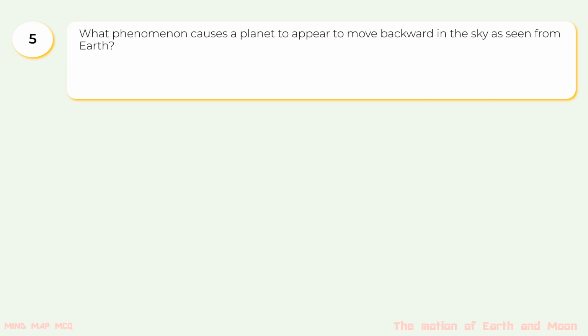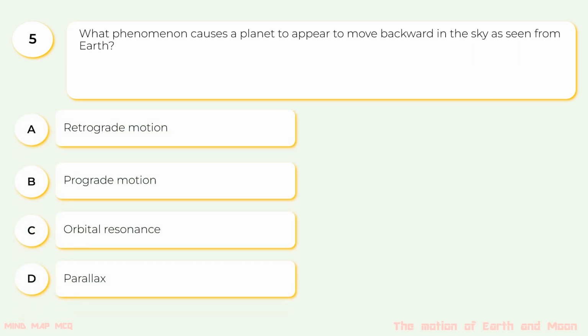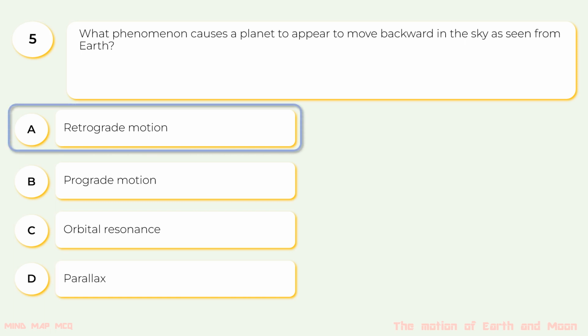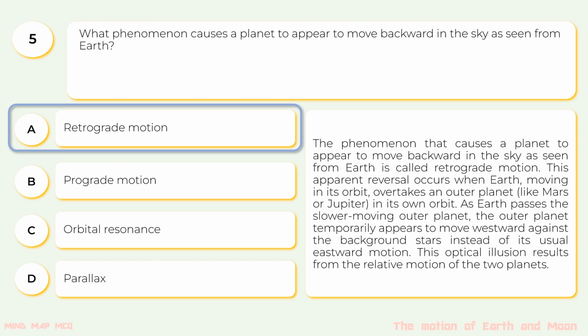Question 5. What phenomenon causes a planet to appear to move backward in the sky as seen from the Earth? A. Retrograde motion, B. Prograde motion, C. Orbital resonance, and D. Parallax. The correct option is A. Retrograde motion. The phenomenon that causes a planet to appear to move backward in the sky as seen from Earth